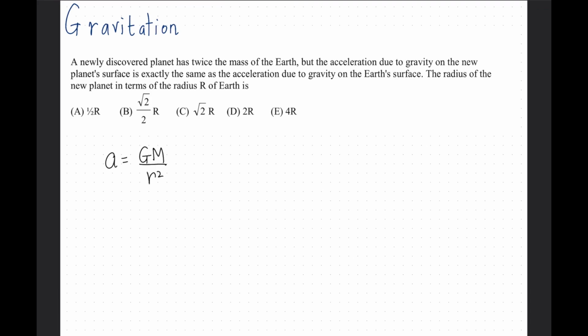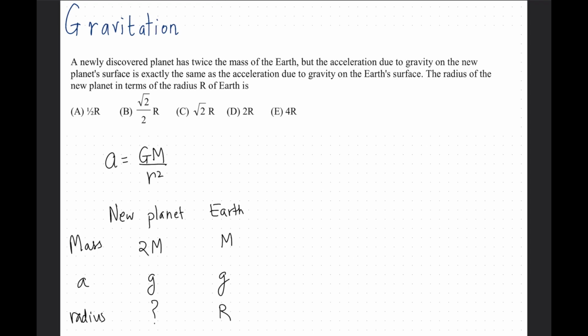Now, a newly discovered planet has twice the mass of the earth. So let's just write down new planet and the earth. If I take the mass of the earth as M, the mass of the new planet is 2M. That's the mass. Acceleration due to gravity is same for both of them. You can see that here they have used the word acceleration due to gravity. We can also write it as gravitational field strength. The radius of earth is taken as R here,